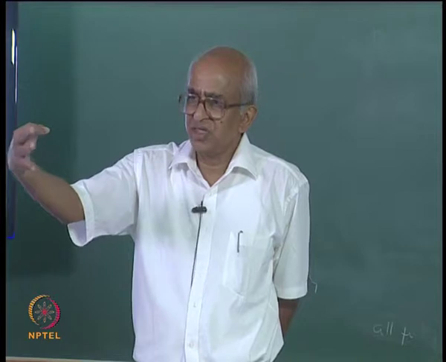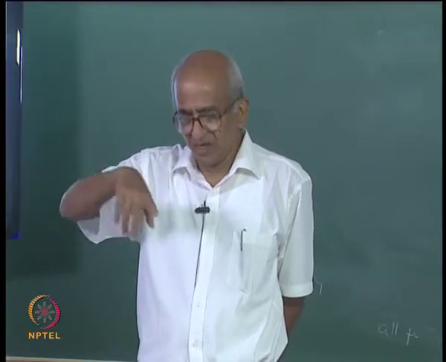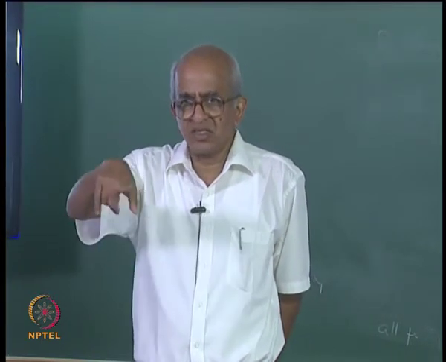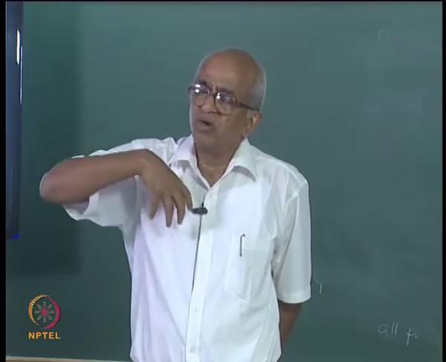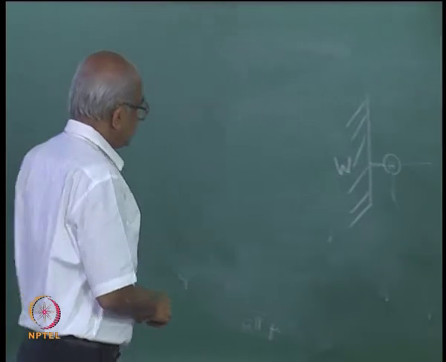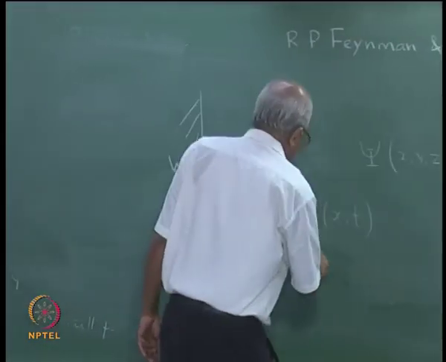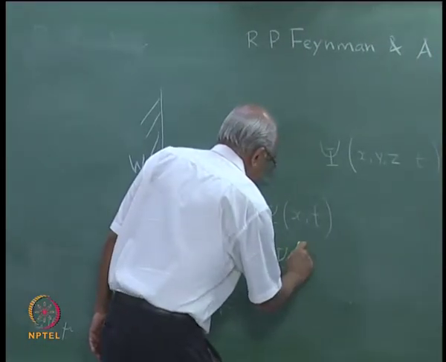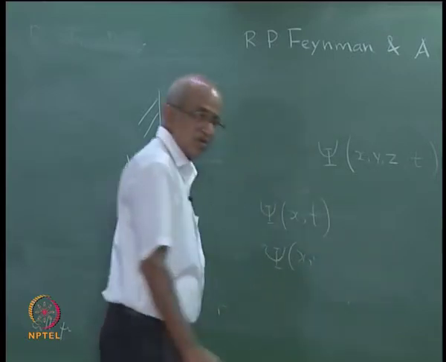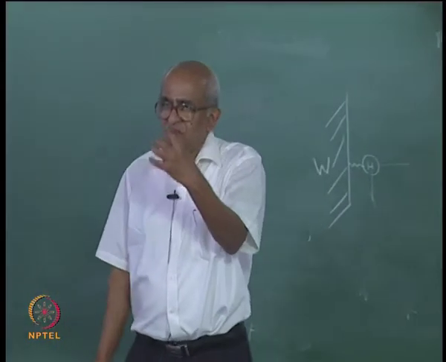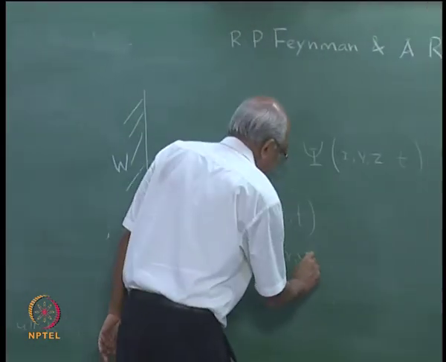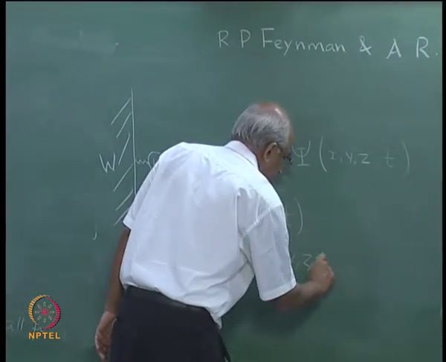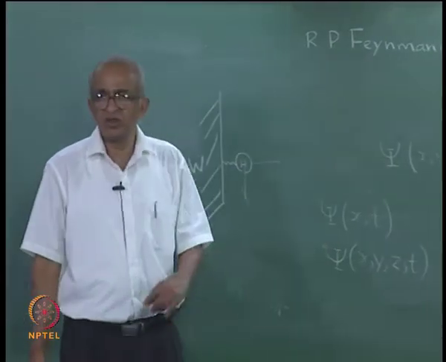To specify the position of this single particle in space, I will need only 3 coordinates, right. I will have to worry about the internal structure later perhaps, but at the moment I am interested only in the motion of the system as a whole, and in such a situation I will have my psi which is a function of, because I am thinking of helium atom as a particle, x, y and z, and then time. This is how it is going to be.